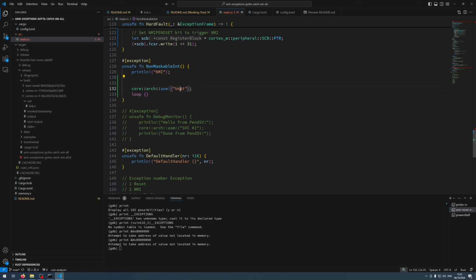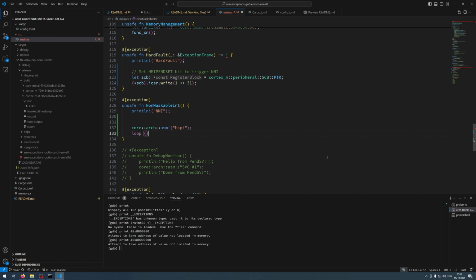So we want to replace the breakpoint with something that will cause the reset, and triggering this is quite easy. I think it's just setting a flag or something like that. So perhaps there already is a function for this. I'm not sure, but